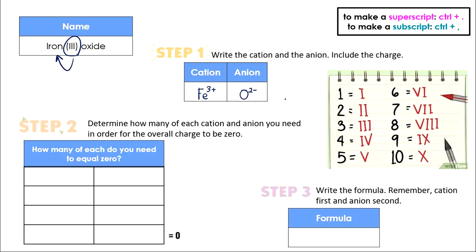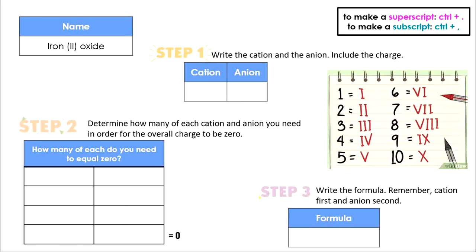Now, if you don't know your Roman numerals, please get familiar with them. I did put a picture right here, numbers 1 through 10. Step 2, determine how many of each you need in order for the overall charge to be 0. So again, I'll write the cation, I'm going to write the anion. What's the common multiple between 3 and 2? It is 6. So I need another iron +3 to get to +6. And I need 2 more oxygens to get to a total of -6. +6 -6 is equal to 0. So then I write the formula